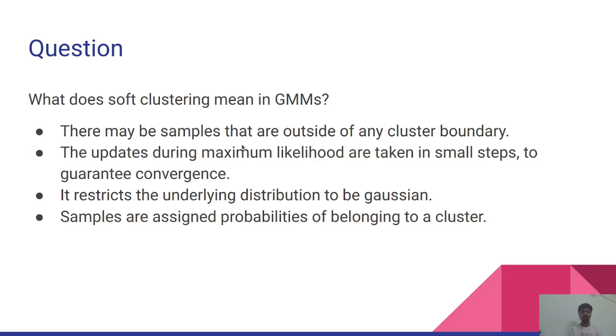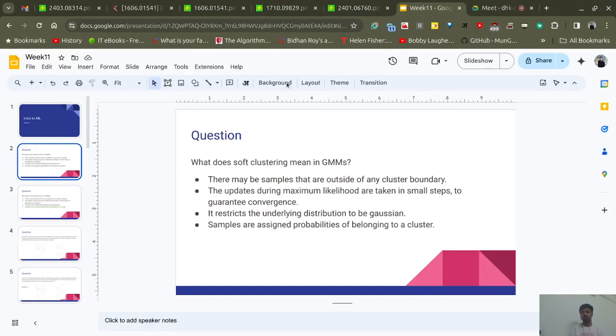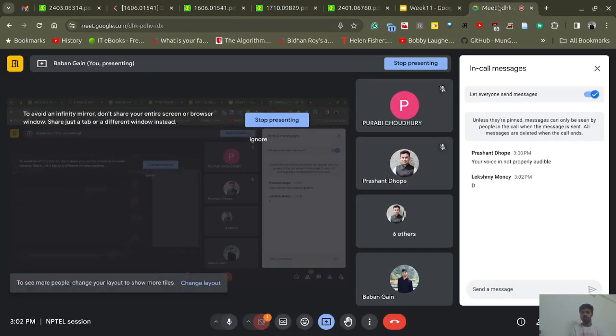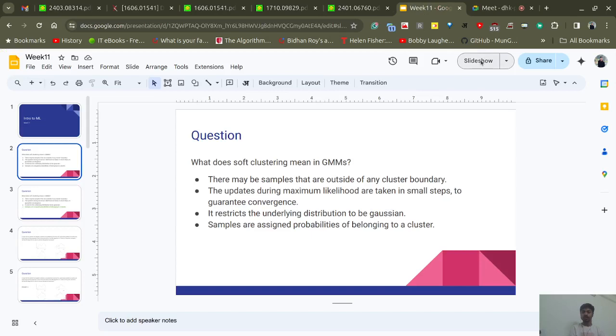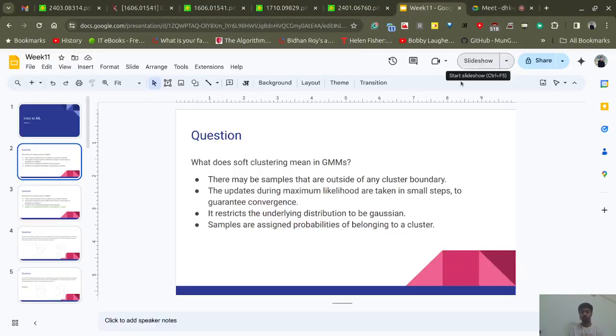Second option is that the updates during the maximum likelihood are taken in small steps to guarantee convergence. So the second option is that the updates during maximum likelihood are taken, and that is what we call